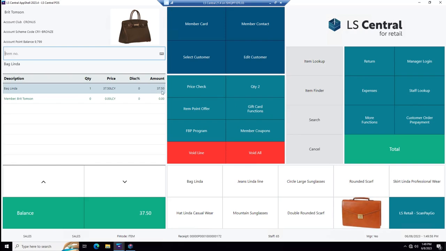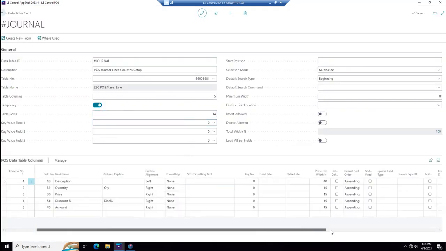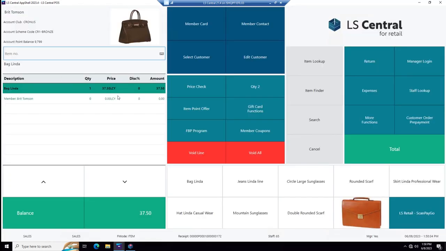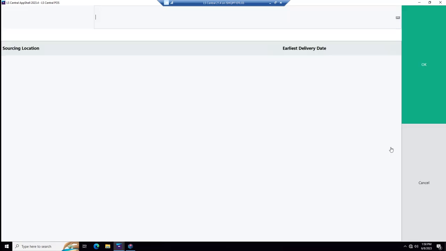So behind the amount is a POS command. Remember, we had different POS commands behind these, different quantity, changing the price or putting in a discount. And here, if we select the amount part, then the line becomes marked for custom order. And remember, we could look at it, right click, data table properties, we can see what is behind it. And if you go here to the right, you will see that the last line, where we have the amount, is the POS command MARK with the parameter CUSTOMORDER. So that's fine.